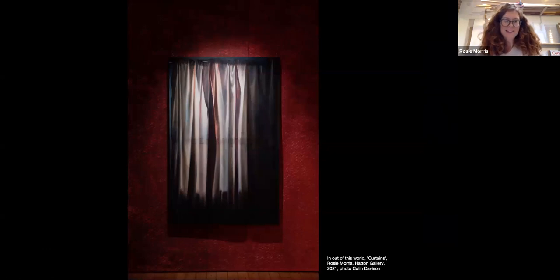So this one, I don't need to say too much about. It's called Curtains. It's playing on this idea of illusion, of which of course there's so much in Roman wall painting, but also this idea of a screen and what's behind it and what's outside. And it's a very domestic image of curtains in my bedroom at home, that I've inserted into this quite large space to try and create a sense of relativity to the body,